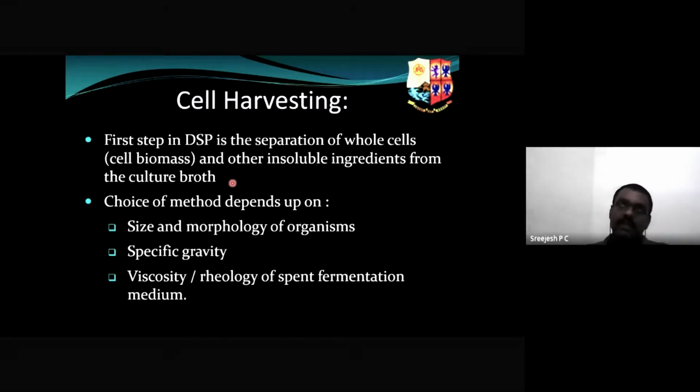See, if viscosity is more, then it will show a resistance, is it? Similarly, rheology is nothing but the property of any liquid to flow through, and it also talks about the deformation that happens when it is flowing through pipes. So that we call the rheology and the viscosity. These two aspects also need to be considered when we are discussing the separation of the cells as well as the liquid part.